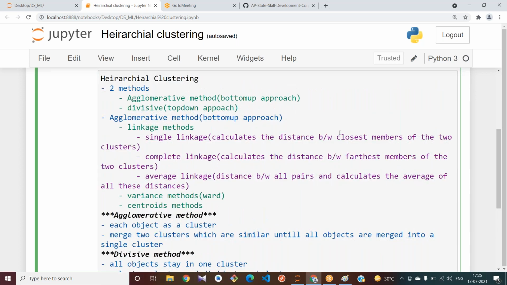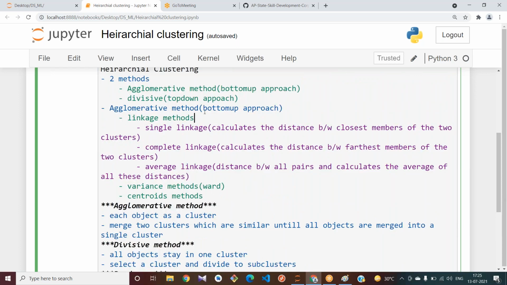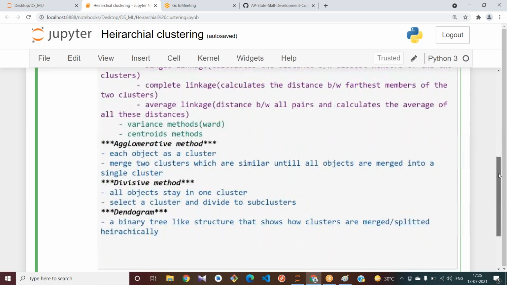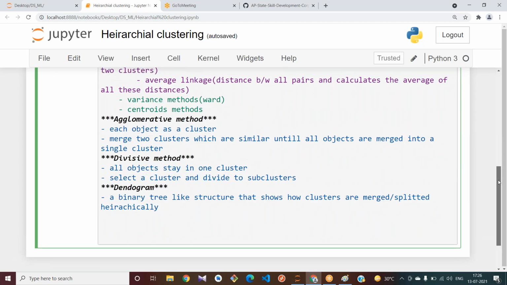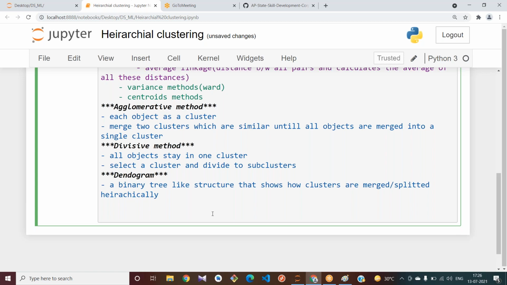It is also based on the approach that you are using. If you use the division or top-down approach, it is somewhat similar to k-means. If it uses k-means to divide your clusters, in some cases it looks the same as k-means, but the background idea is different. The background calculations are different.